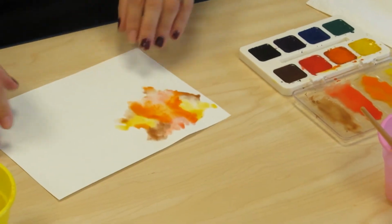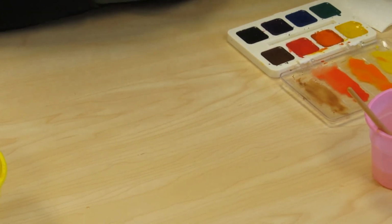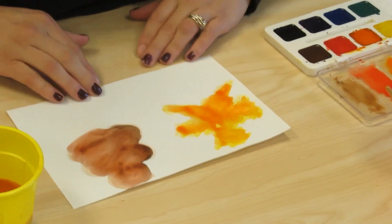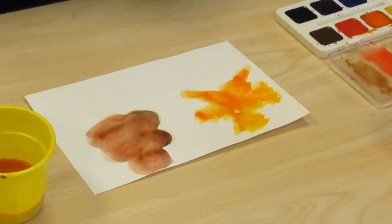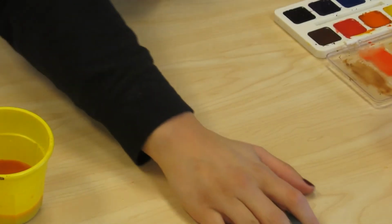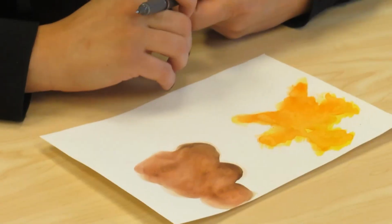Okay, let's go back to the ones that we already started. Okay, here's our leaves. They're not quite dry yet, so we need to let them dry a little bit longer. And this is what they're going to look like when we're finished. Put the lines